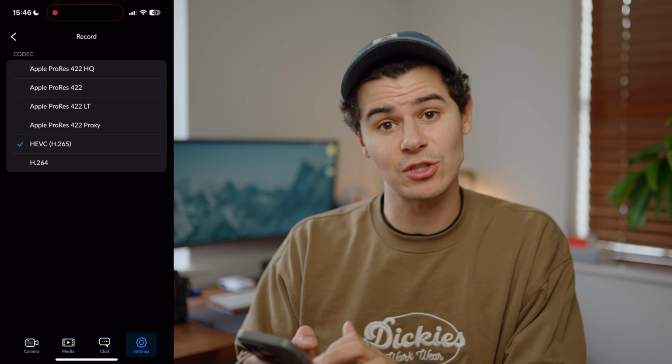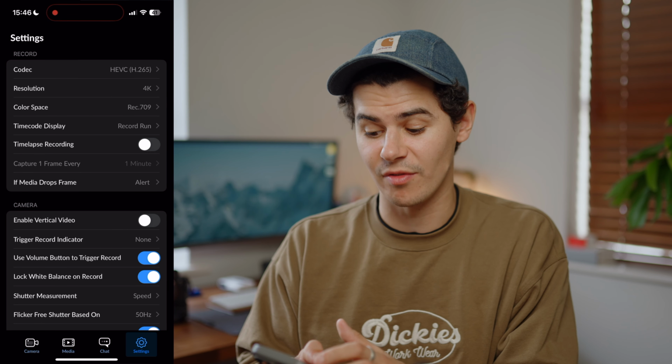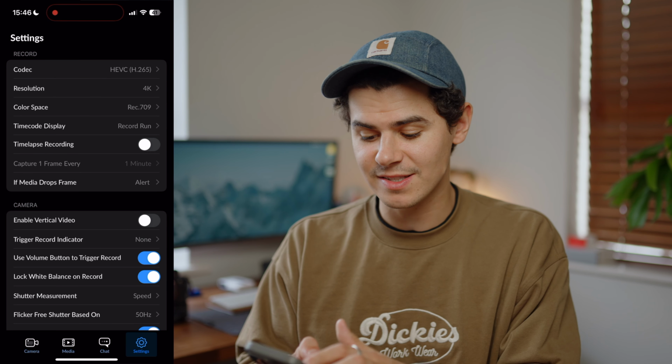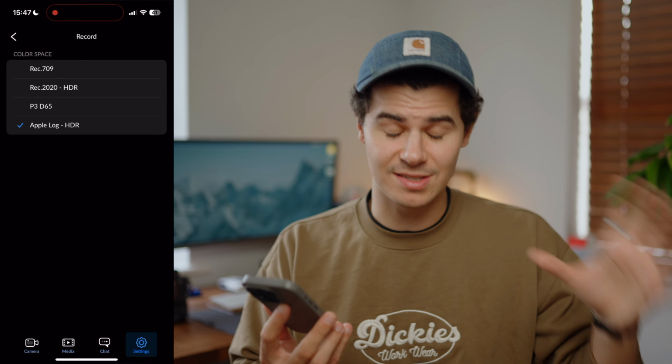I always have this when I'm shooting anything that's not unbelievably important. I have this set to H.265, which is one of the most file efficient codecs, and I go down to color space and I choose Apple Log HDR. So this really is allowing you to maximize the quality to size ratio, because shooting log on the iPhone otherwise is extremely storage hungry. So moving down, scrolling around slightly, we have the Photos application, standard iPhone stuff,